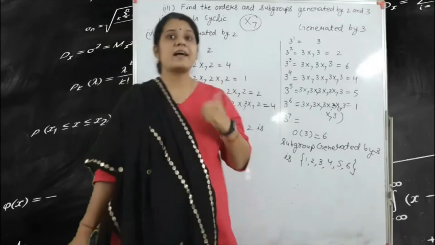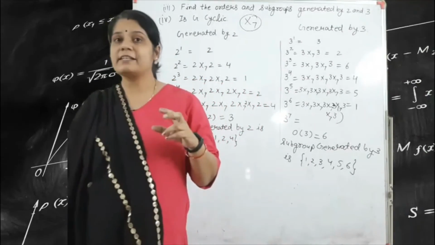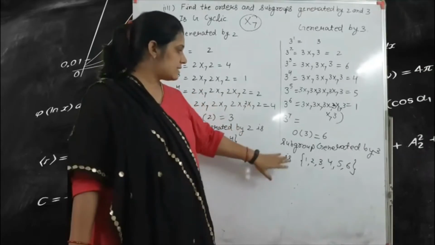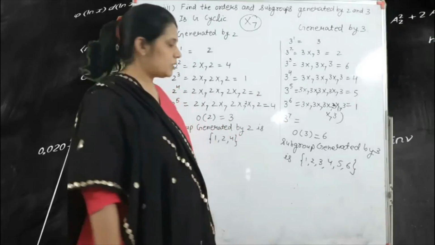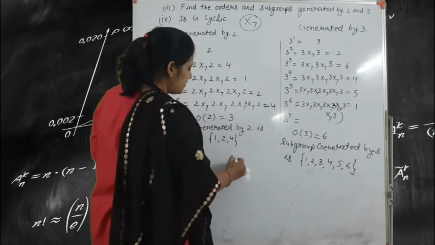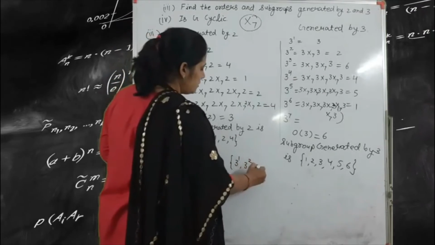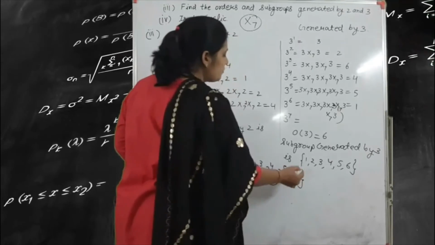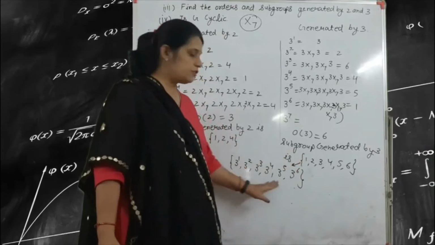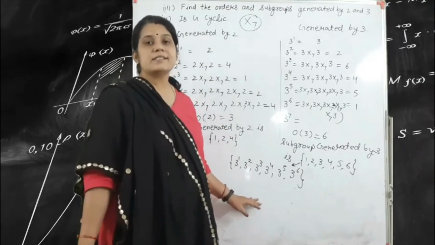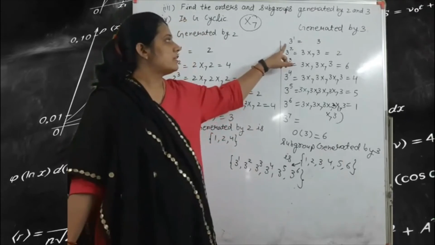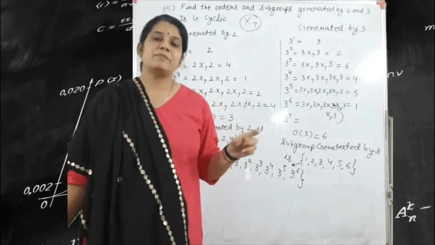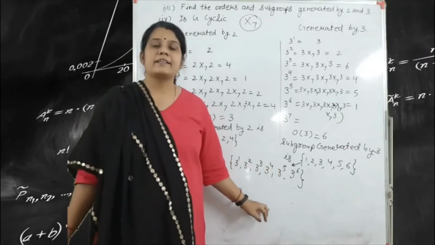The fourth one is: is G cyclic? So what do we mean by cyclic? Cyclic means that at least one element is a generator. So yes, 3 is a generator. Because here we write 3 to the power 1, 3 to the power 2, 3 to the power 3, 3 to the power 4, 3 to the power 5 and 3 to the power 6. Okay, so we write this set in this form. That means G is cyclic, generated by 3. That means if we find the generator 3, this is a cyclic group.